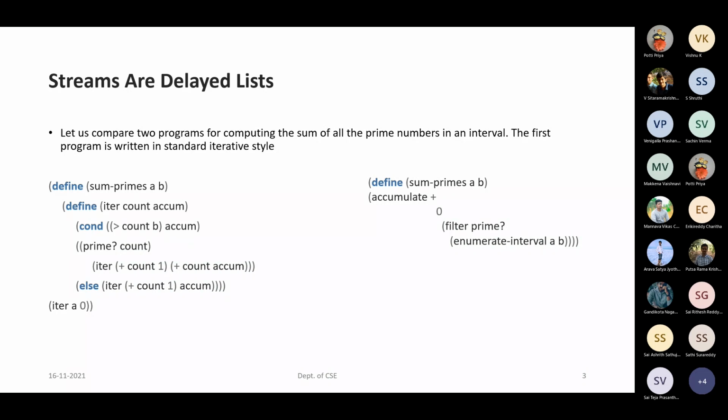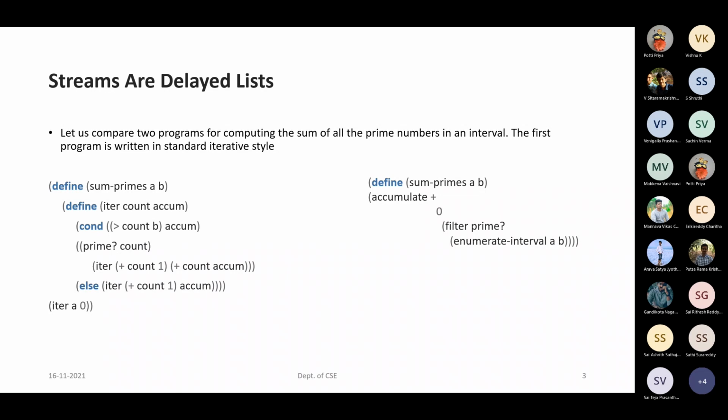Now, when you compare the same thing with the sum prime procedure, with this enumerate interval, filter and sequence of procedures, what happens here by using enumerate interval? First we are generating the list of elements.